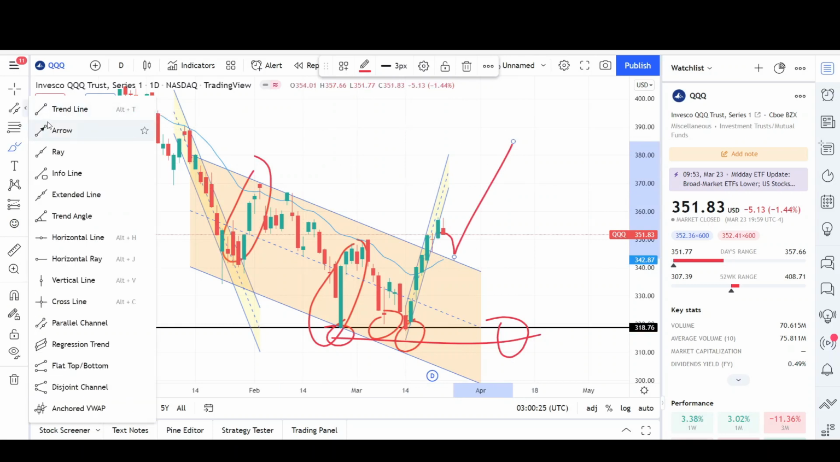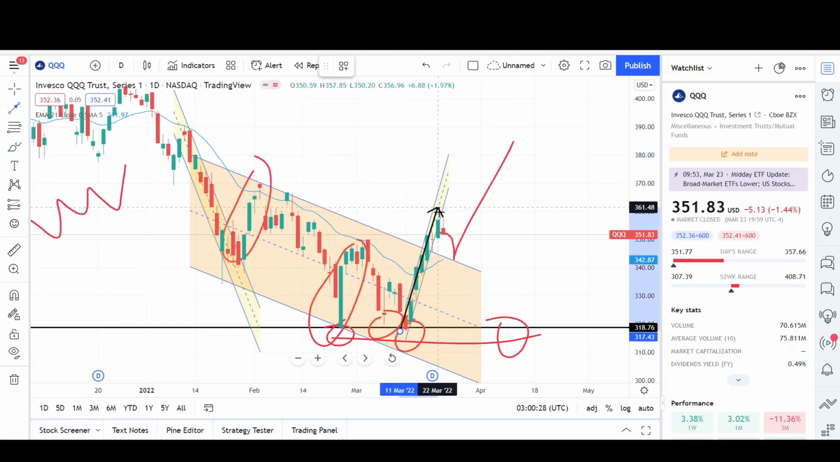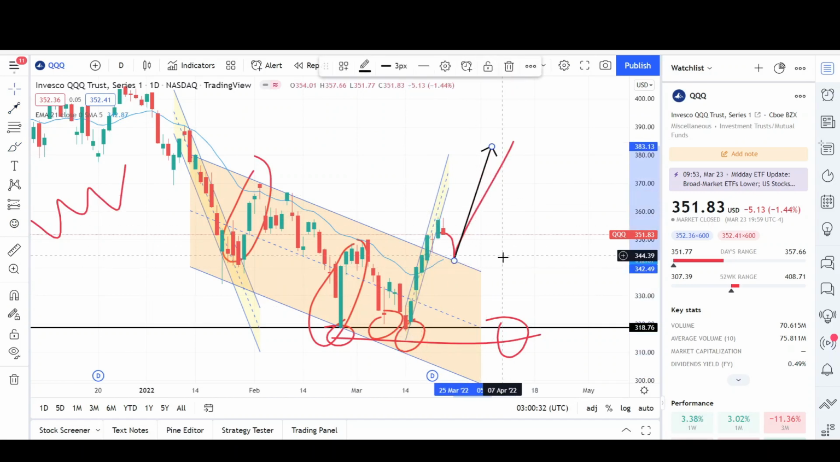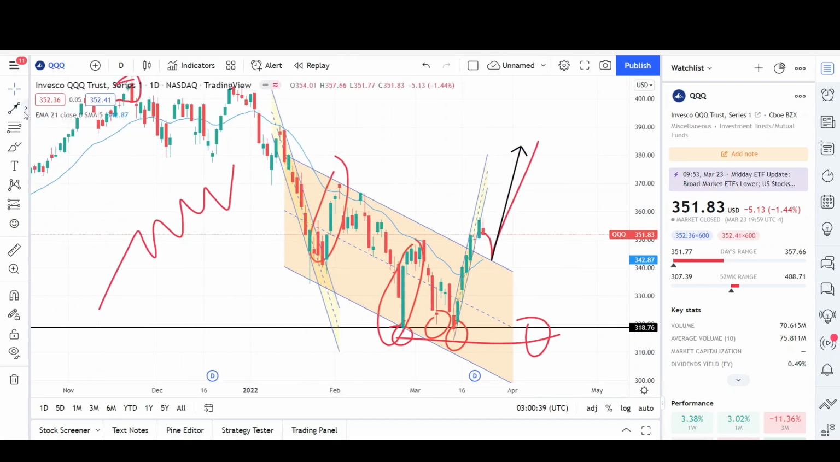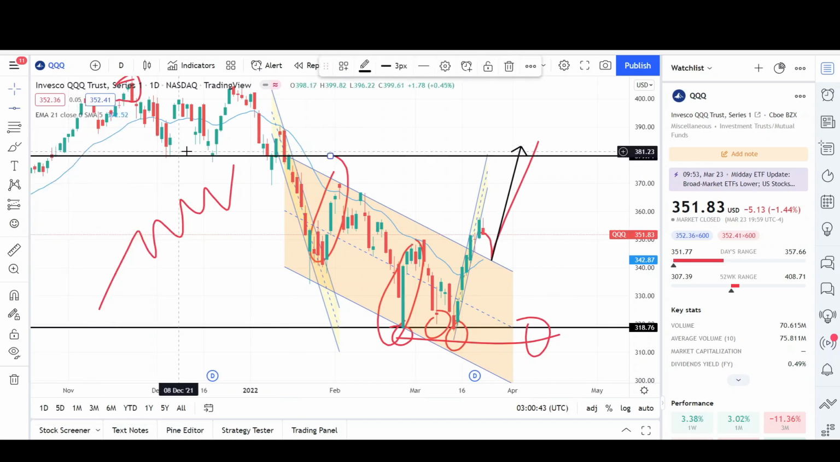So let's just say we do that. Where are we going? This would be the first impulse up. If we pull back to the EMA and find some type of support, maybe right around that 340 level, 342 level, we can continue higher to the 382 level, and it'll probably come back to retest that breakout that price made over here at that 380 level. So